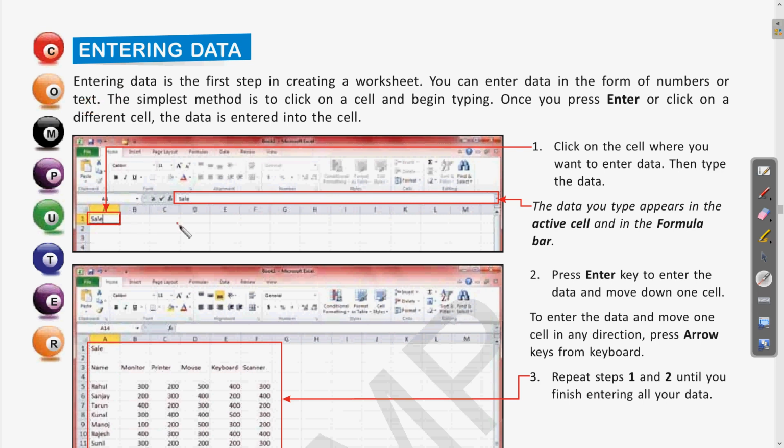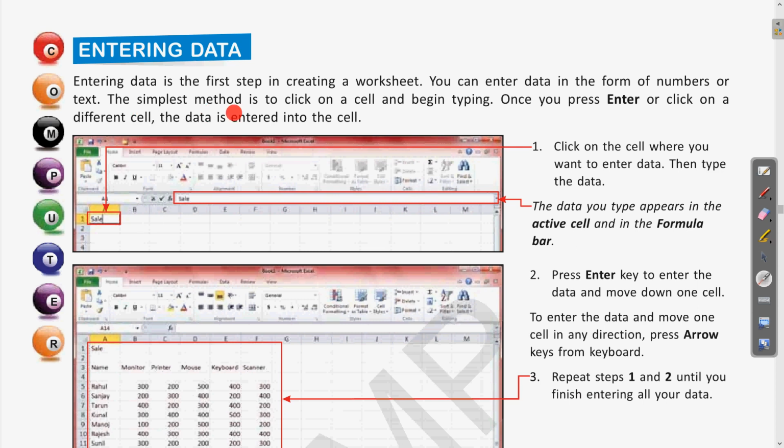Whatever data we enter will either be text, a name, or an item or object which you have purchased, according to the different operation. If it is for business purposes, then the terms will be related to that. Along with that we can enter some numbers. These values can be entered in an Excel sheet.